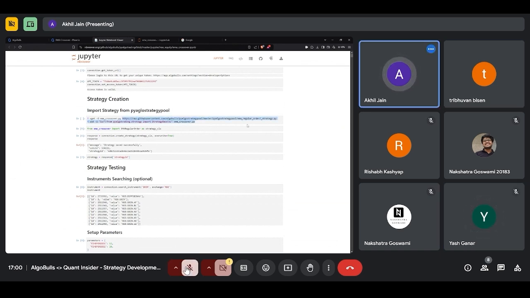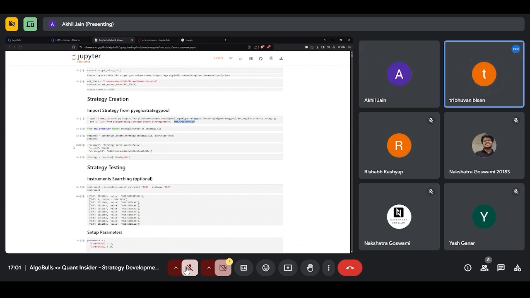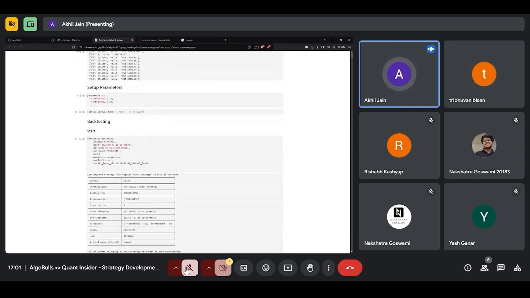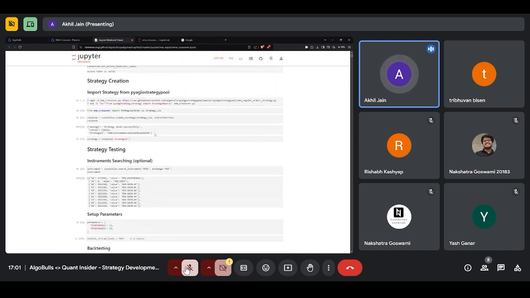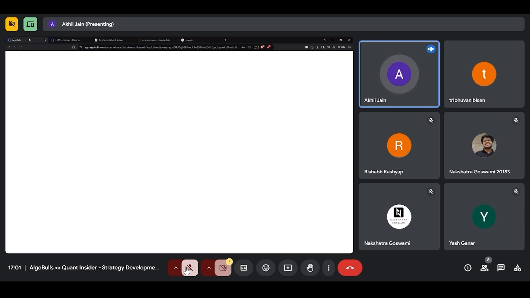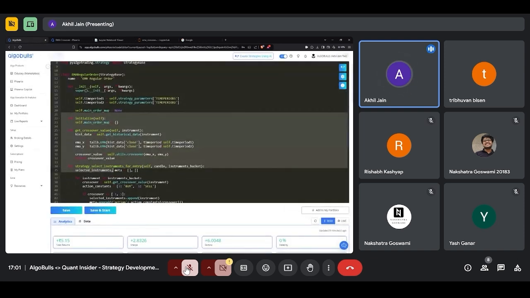Either the strategy is on a GitHub repo, where this becomes your text file or py file, or you have created a simple .py file using your local text editor and saved it in the same place where you are using this Jupyter notebook. Got it. Then either we run connection.backtest from here, or we just save the strategy in the Jupyter notebook, go back here, and use this to start and run the strategy.